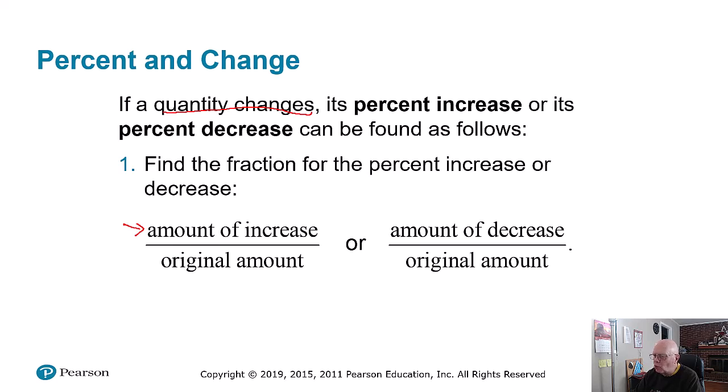Now, one quick comment. The way you do that is take the new amount minus the original amount. And that's how you get the increase. That way, if it happens to be a negative amount, this is going to tell you whether it goes up or goes down. And this is part that many people get wrong. You divide it by the original amount.